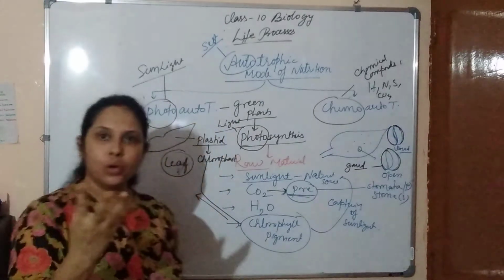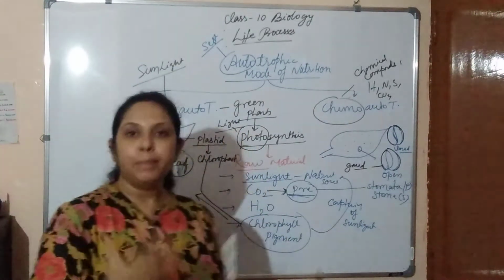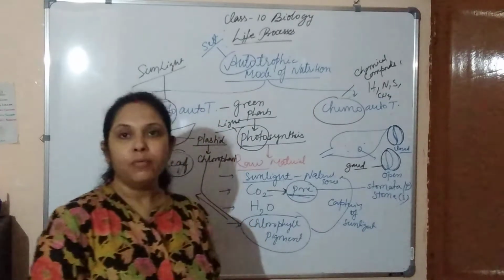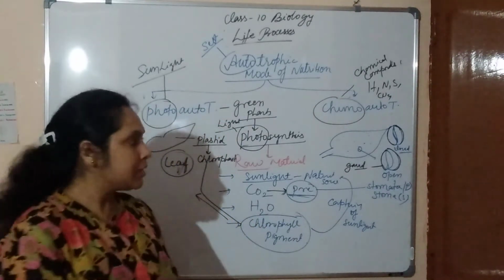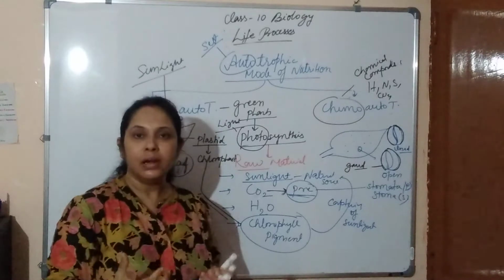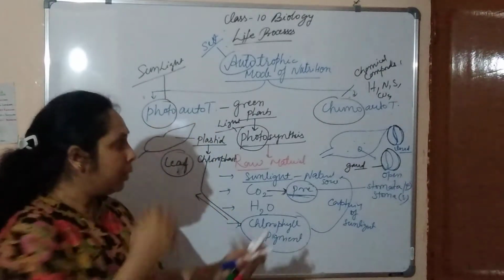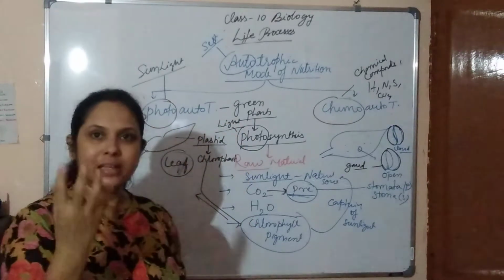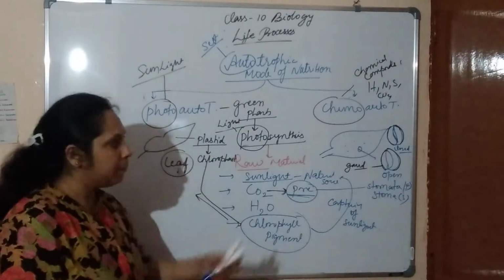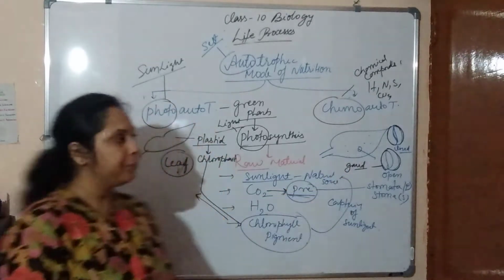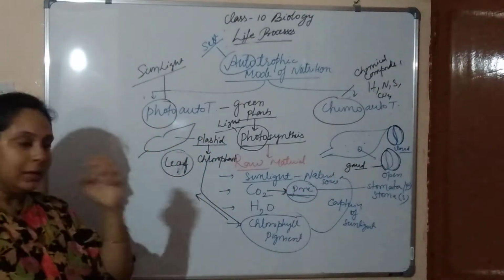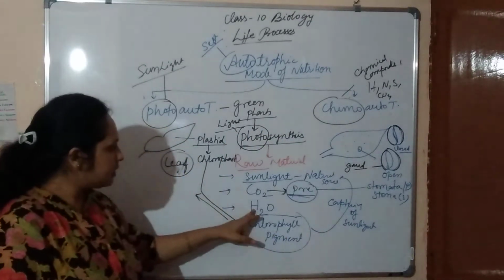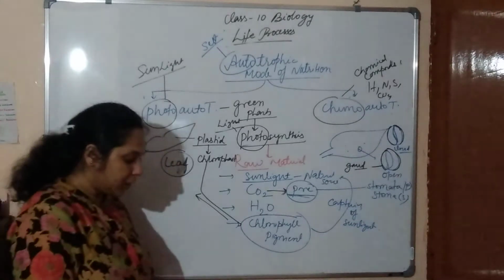Basically, the opening and closing of a stomata depends upon guard cells. These guard cells help to retain the water content in the plants, and they help in transpiration. So the opening and closing of a stomata depends upon these guard cells. So here we understood what things are required, and the last one left is water, which is very important.